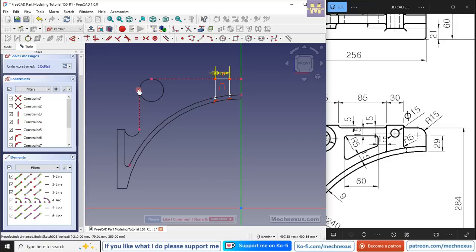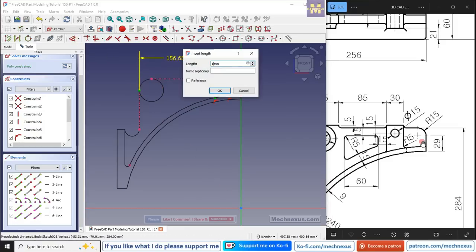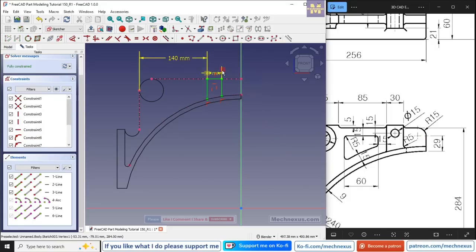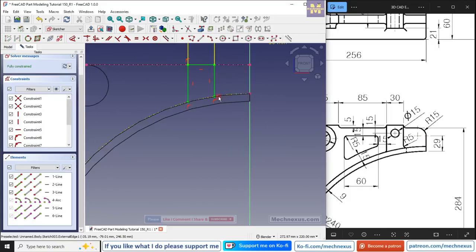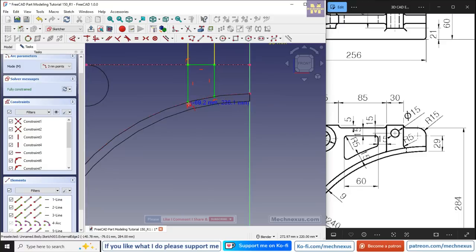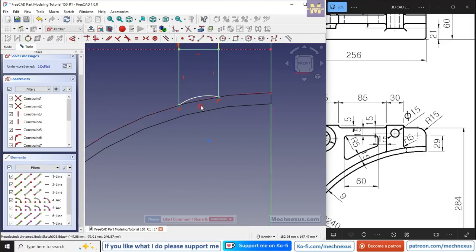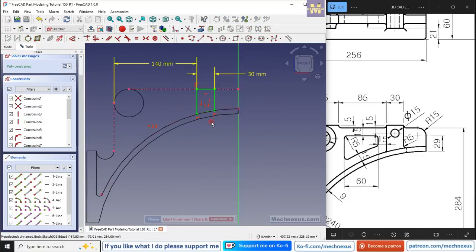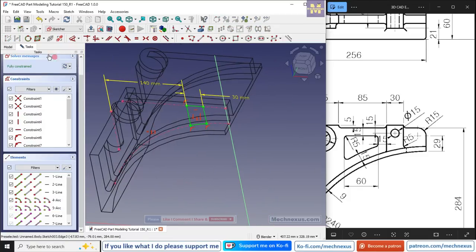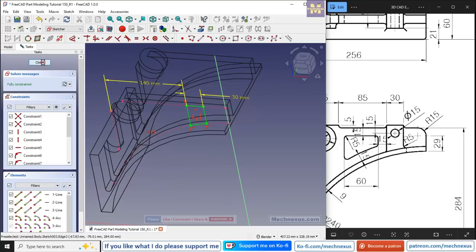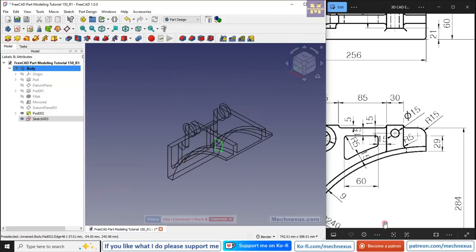select a smart dimension, and provide 140, and move it, and now select the 3-point arc, select this and this, and here we will select this and this, and make it equal. So our sketch is fully constrained. We will come out of it, and now let's switch to the flat lines,